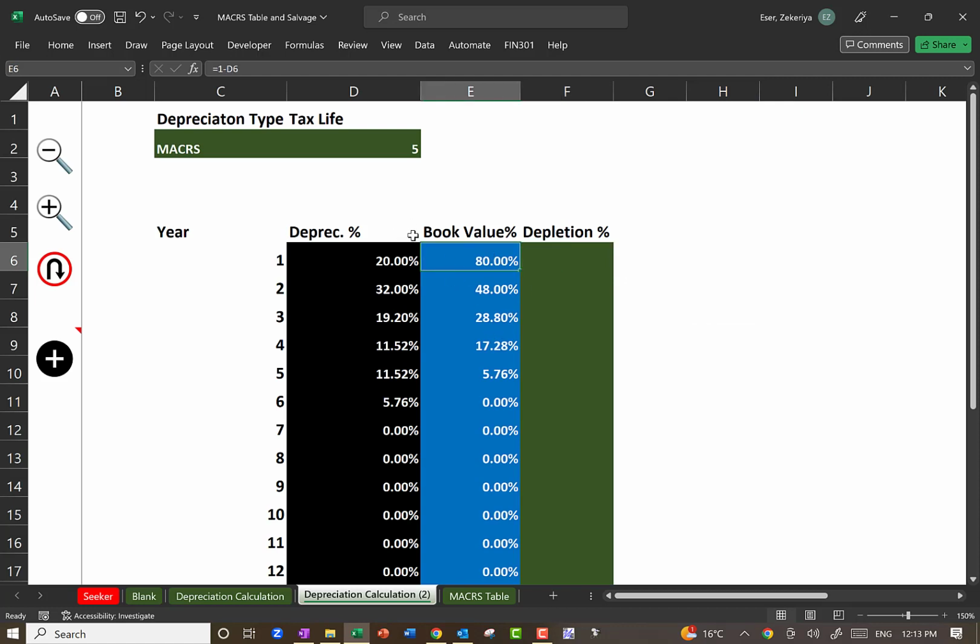All right. So we have basically a useful template that's going to allow us to calculate book value and other stuff. Let's do the year. Salvage year. And